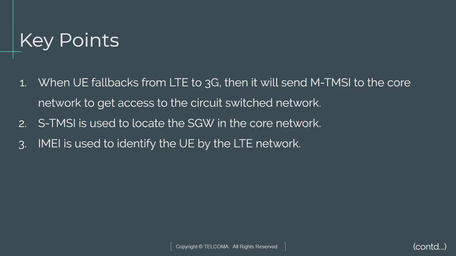Next are some key points regarding the identifiers. When the UE falls back from LTE to the 3G network, it will send the M-TMSI to the core network to get access to the circuit switched network. S-TMSI is used to locate the SGW in the core network, and IMEI is used to identify the UE by the LTE network. So this is all in this